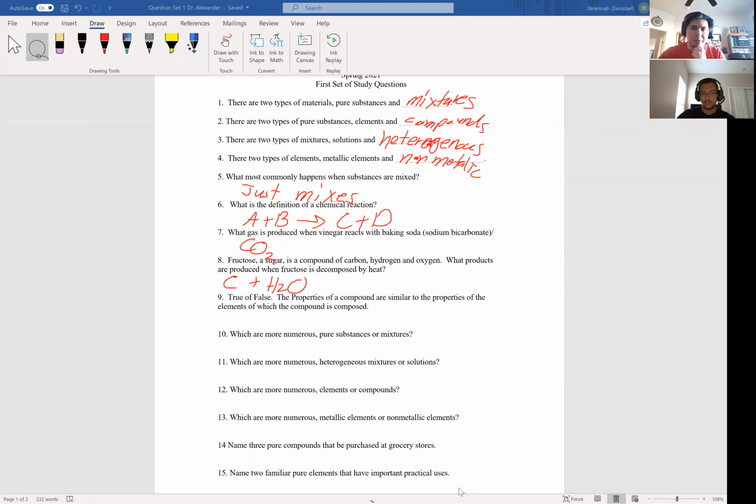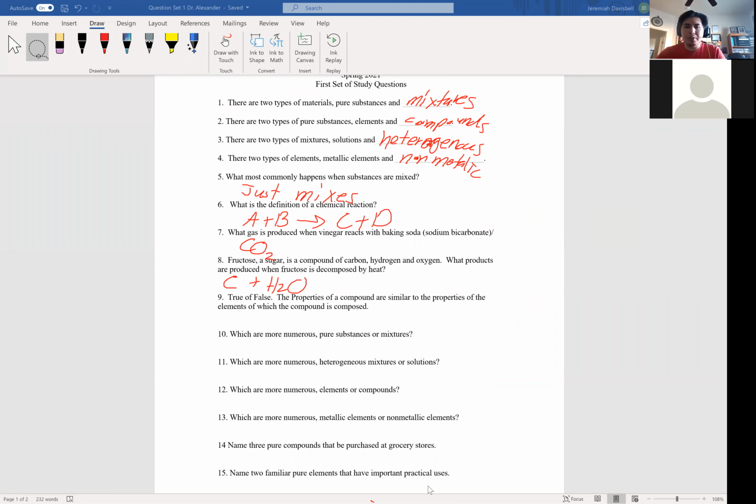Yeah, charcoal. So remember, whenever we break something down, I believe Dr. Alexander mentioned this in his lecture about the law of conservation of mass, where you must end with the same amount that you started, or you must end with what you started. So for example, if we're just breaking down sugar, which is just carbon, hydrogen, oxygen, we need to end with those elements. And in this case, we end up with carbon and water. You don't have to worry about the specifics of the reaction. Just know that when we break it down, it becomes charcoal, which is just pure carbon, and H2O.